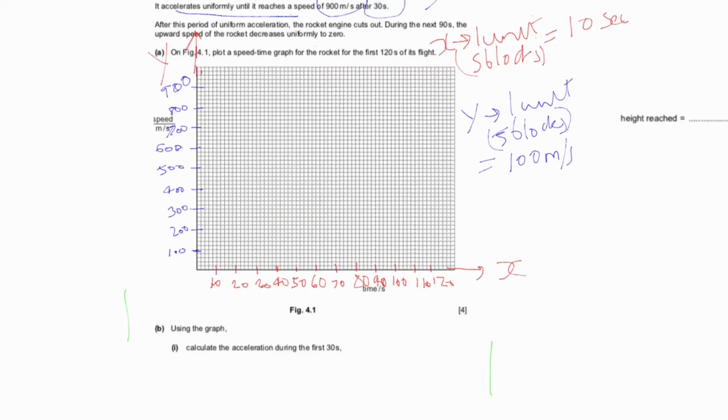So 30 here. This is 30. So we will take it up slowly till 900. A dotted line I will make, because this is just for marking. So till here, and for 900 it should coincide with the 30th here. This is where it is coinciding. So I will make this point here. This is the point.